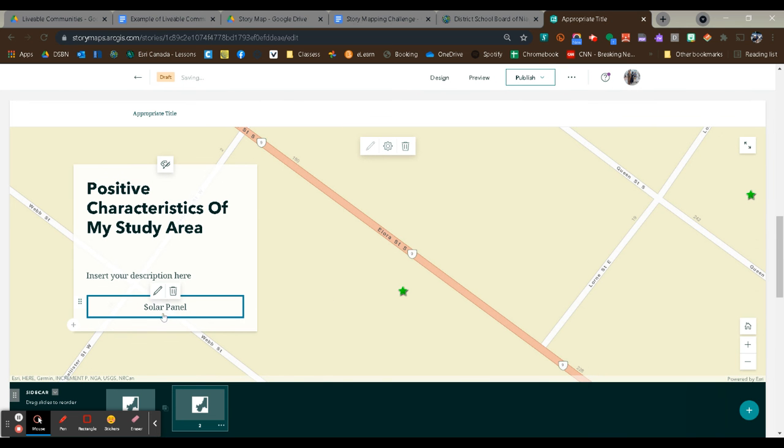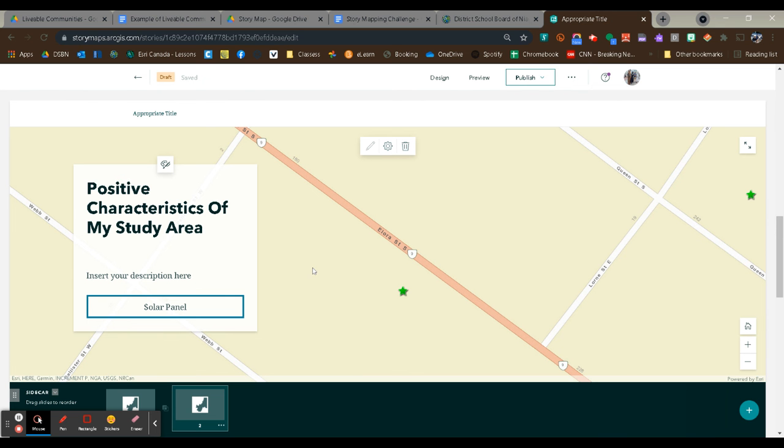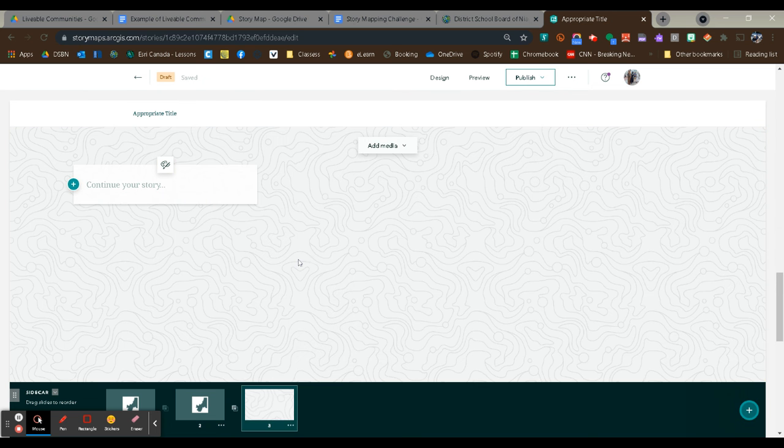And so now when somebody clicks on this, it's going to zoom in and show them that particular location. So you just keep adding more slides for each aspect of the map that you want to highlight. Now, in some cases, there may not be a place on the map that you want to show. Maybe you want to include some images. So, for instance, let's call this improvements,